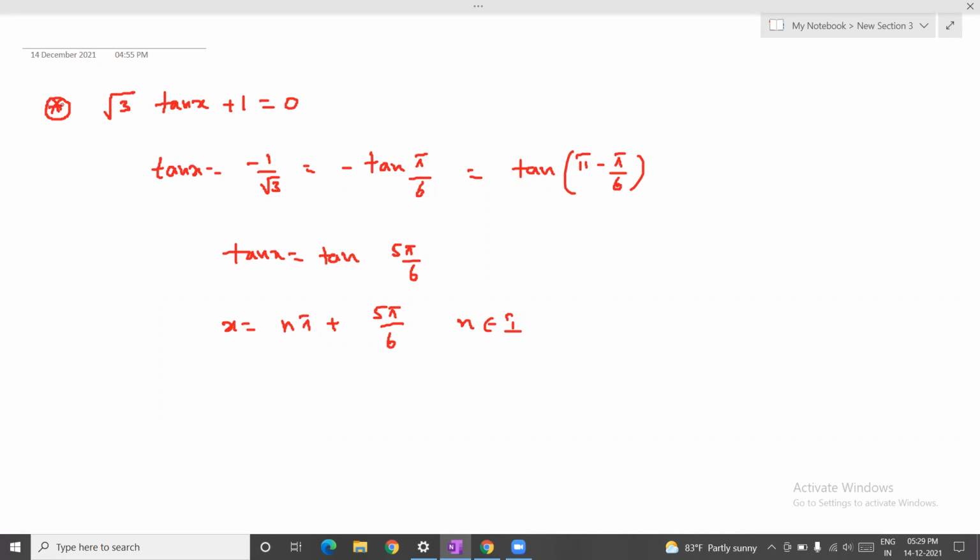Sir, why can't we write it like n pi minus pi by 6? Yeah, you can write it. Who said you can't? We take the value of alpha here as the first principal value generally. Based on substitution of 0, 1, 2, 3 values, you will get all possible values. If you take n pi minus pi by 6 also, you will get the values. If I take n equal to 0, what will you get? Minus pi by 6. Instead of starting from pi by 6, you will start from minus pi by 6. Understood what I'm saying? Yes, sir.